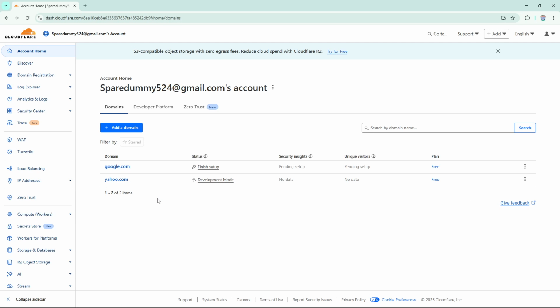And that's it. You've successfully set up your domain as a favorite, ensuring it's readily accessible whenever you log into Cloudflare. This is especially useful if you frequently need to monitor or modify settings on that domain. By making it your favorite, it becomes a small but powerful tool that can significantly enhance your efficiency in managing your web presence. It allows you to focus on the areas that matter most to you without the hassle of